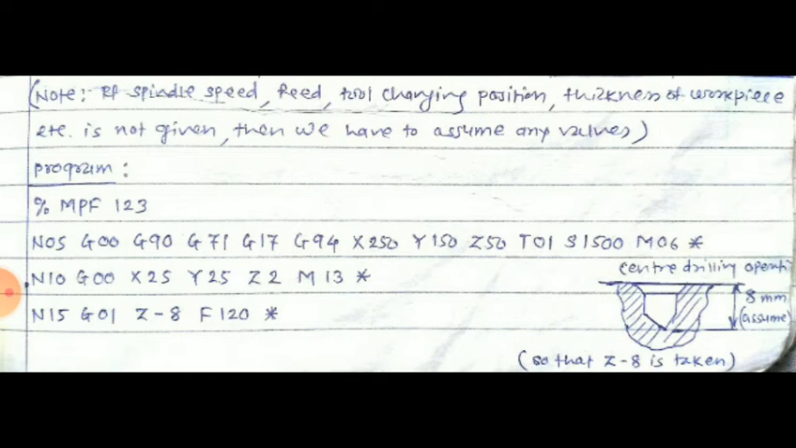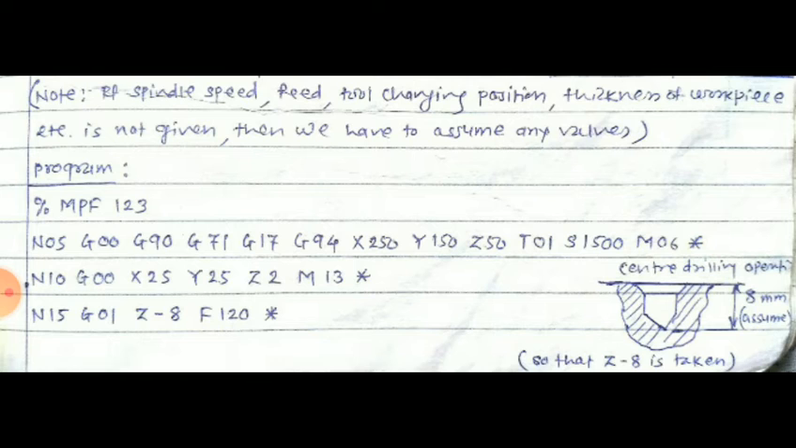Now we'll start the program. The first line, percentage MPF 123, means MPF is a main program file, and 123 is a program number. So you can edit the program by giving this name. Then the next block is N05, G00, G90, G71, G17, G94, X250, Y150, Z50, T01,